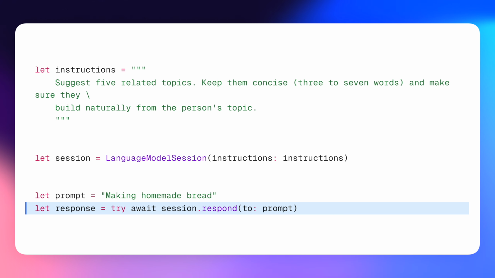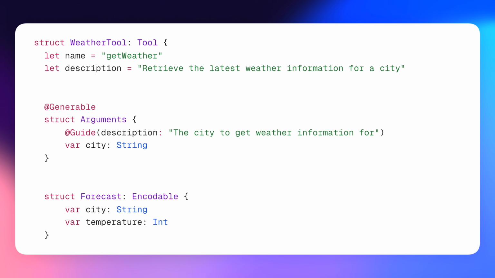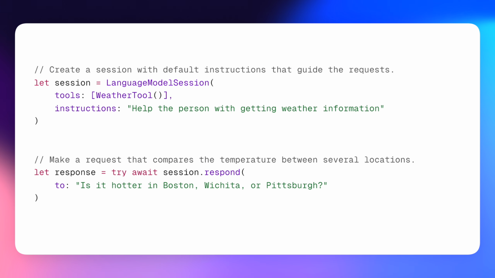Here's how you can generate some text, and you can take it a step further and create some tools like a classic get weather one, and you just pass this into the language model session. There's even support for structured outputs to create Swift data structures, but be careful here because Apple, as usual, have rebranded something and they call structured outputs guided generation.